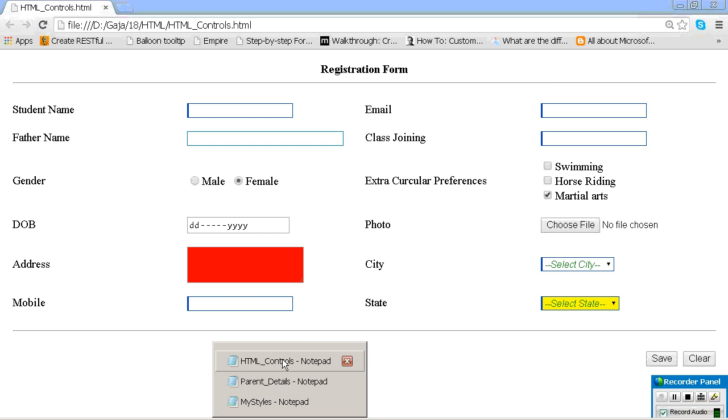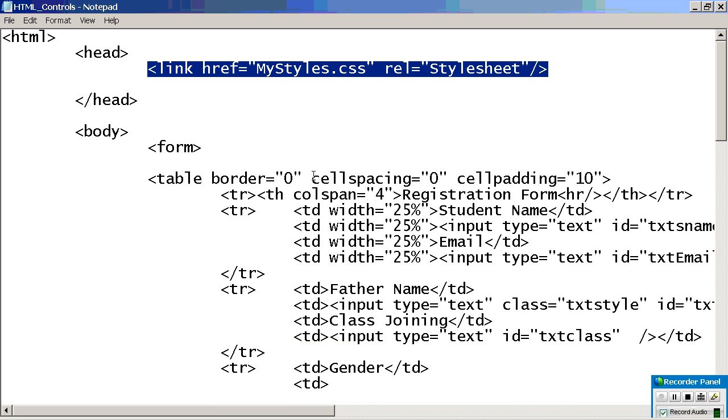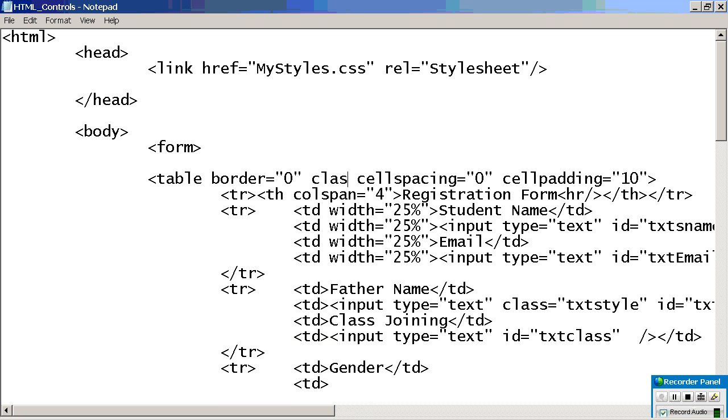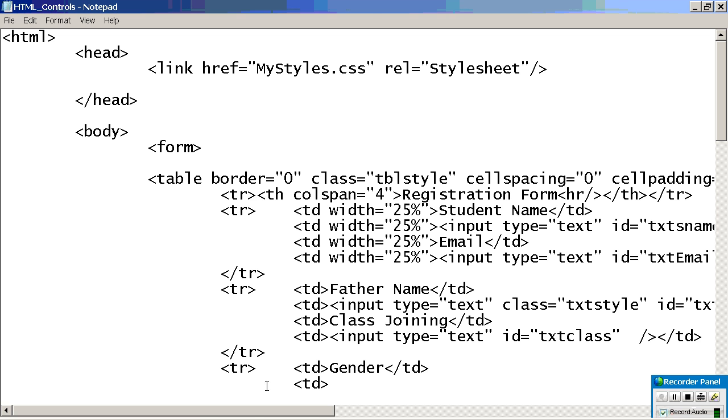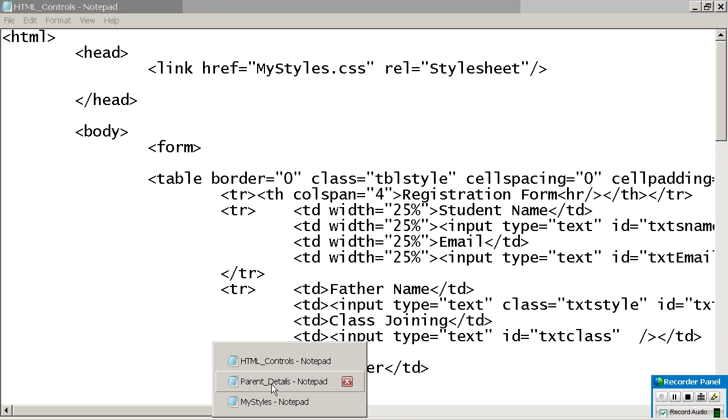Now what do we need to do? Go here. Class equal to external. Now I want to change the font style. I want to make it capital. Then what do you need to do?